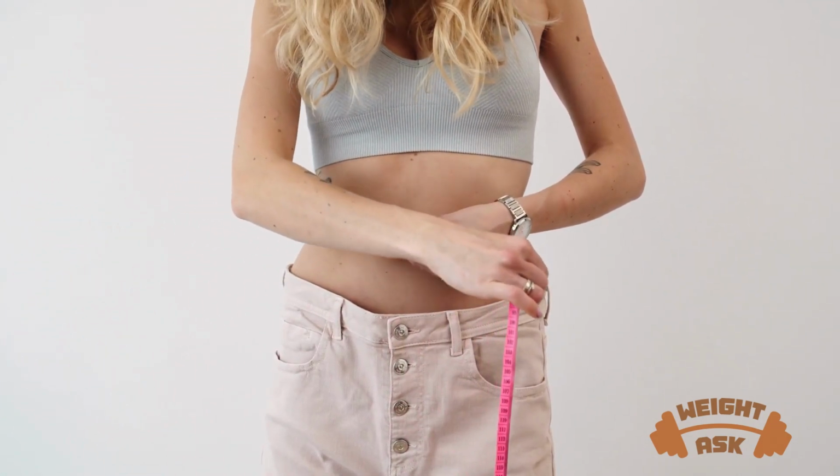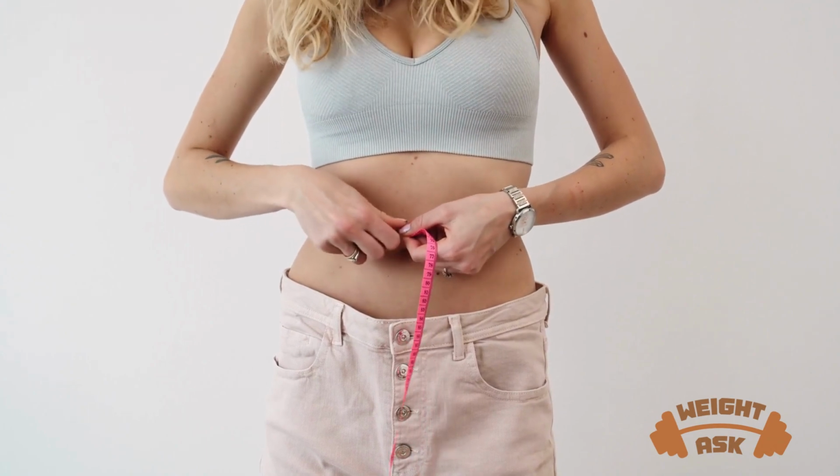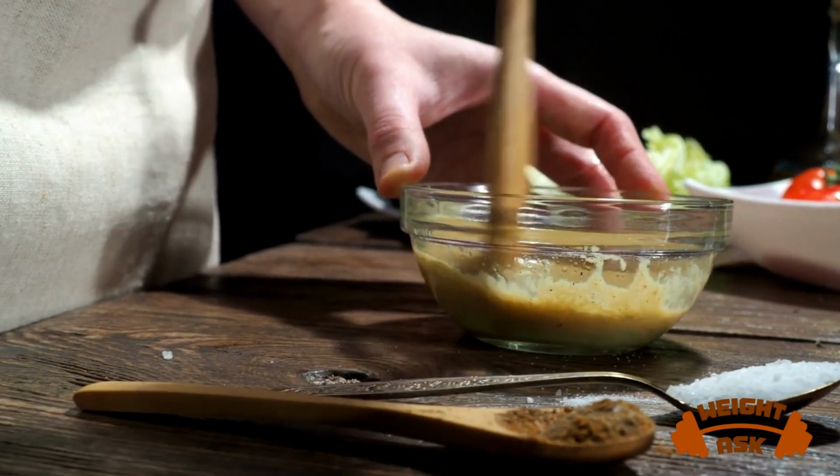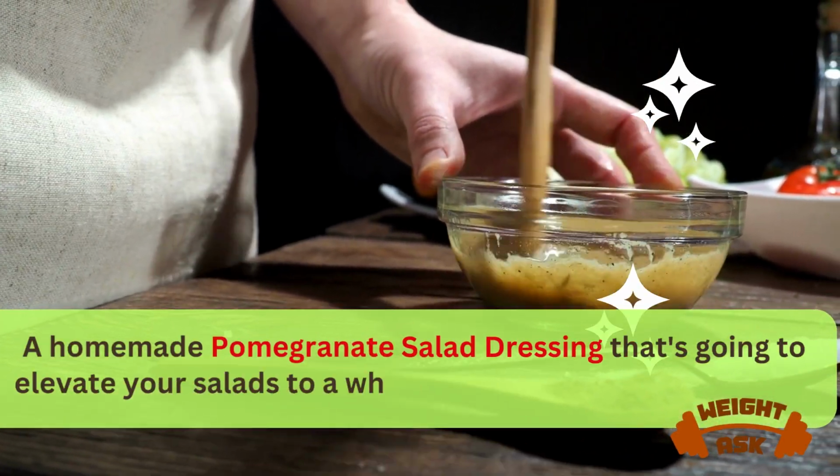Today we have a sweet and healthy topic to discuss. Here, we describe a homemade pomegranate salad dressing that's going to elevate your salads to a whole new level of